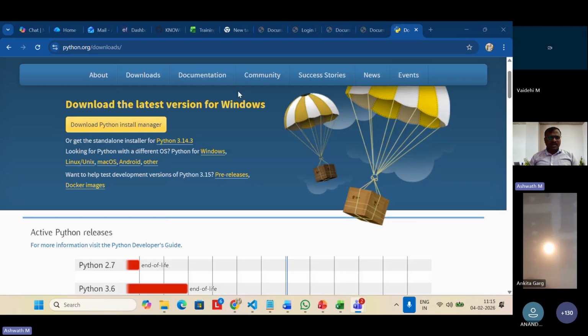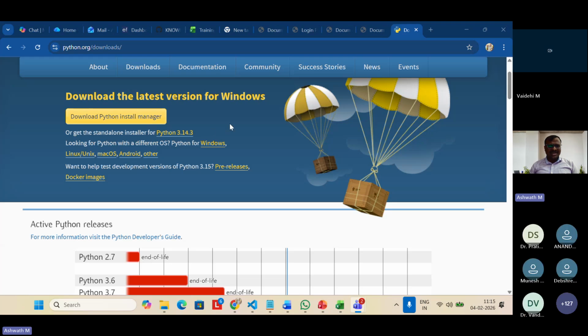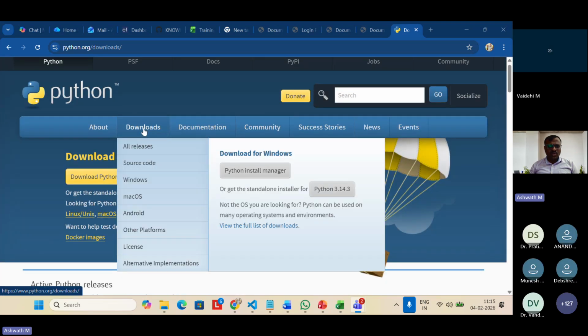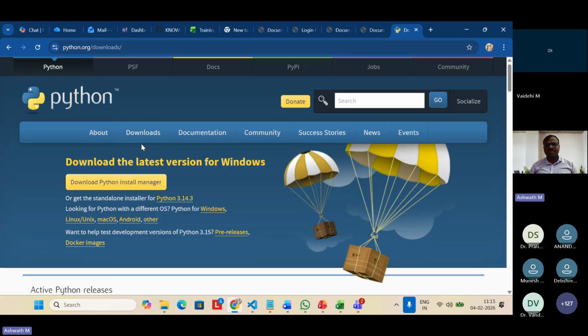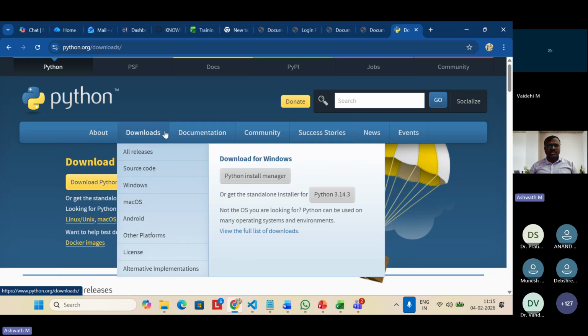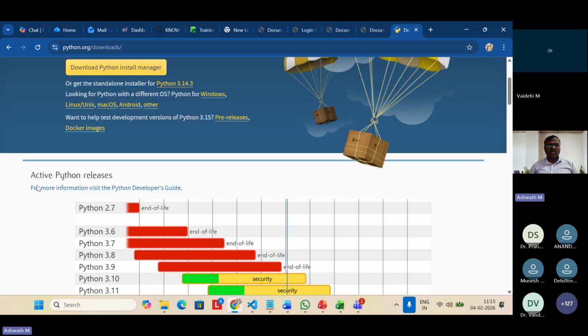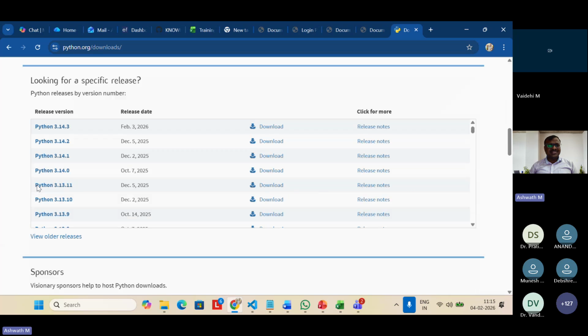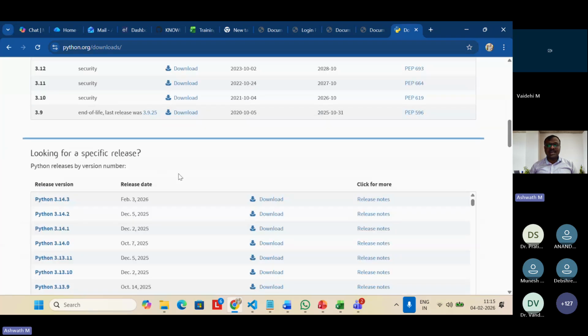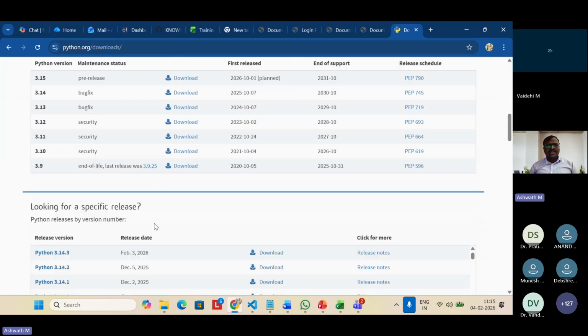So here, don't directly download the Python install manager. Instead, go to downloads and all releases. Go to downloads and all releases and scroll down. Here you can check for the specific release. Always